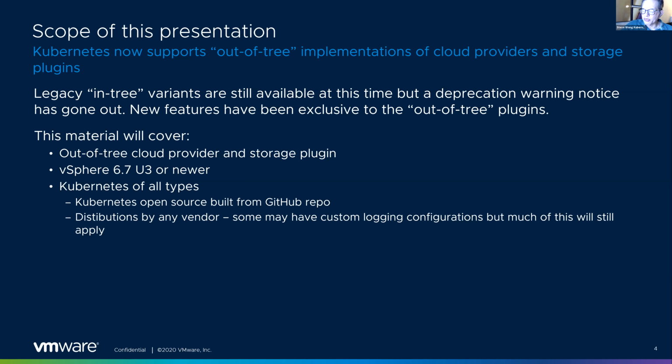The only reason I can possibly imagine is that the new out-of-trees do require vSphere 6.7 U3 or newer, and they do require relatively recent versions of Kubernetes. But by recent, I mean, you don't want to be using multi-year-old Kubernetes,